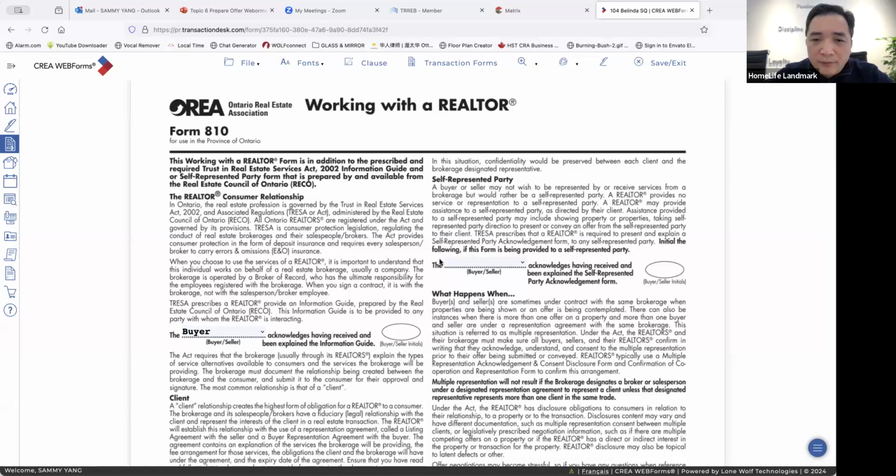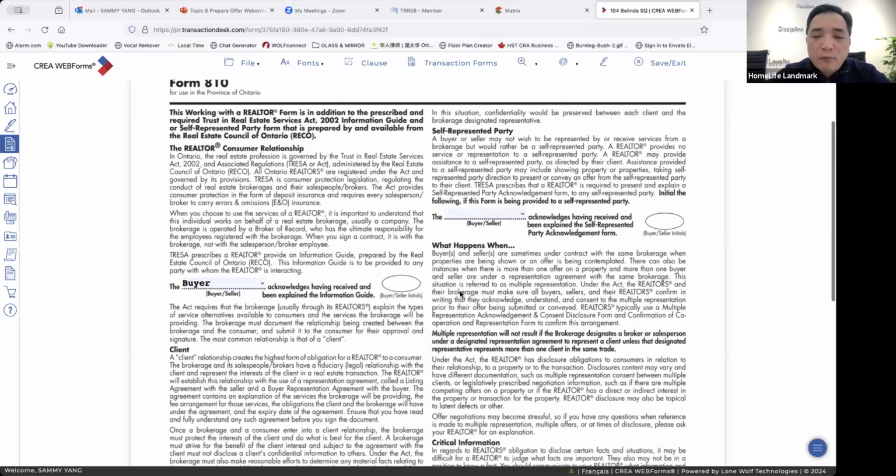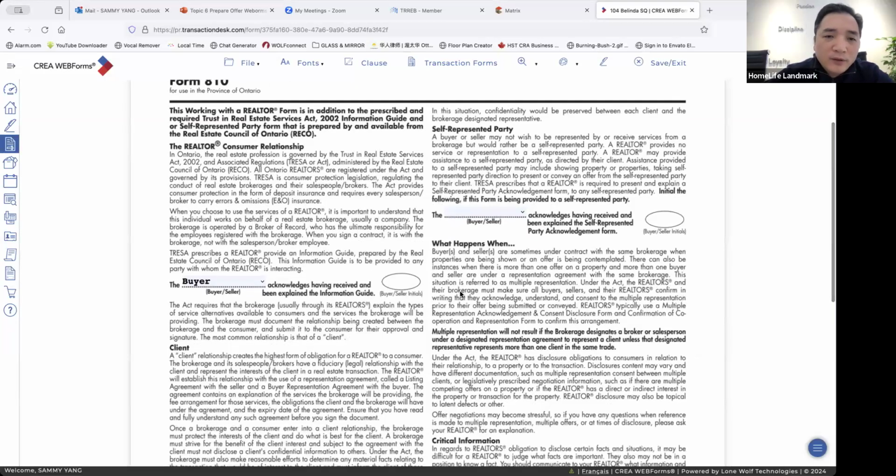Usually we don't use the self-represented party, but we cannot choose both. We only choose one, either one. For most of the transaction, the buyer is our client. So if you check here, you see the acknowledge have received